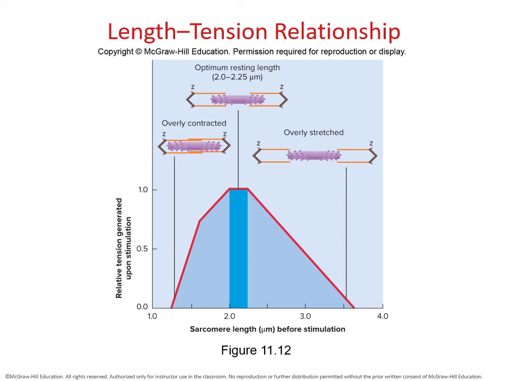To wrap up chapter 11, I want to talk to you about what we call the length-tension relationship. This is concentrated on what we like to call muscle tone. So at a resting location, how much overlap do you have between the thin filament and the thick filament? And the reason you want to study this is because you want to have what we call optimum resting length. And optimum resting length just indicates that at rest, there's going to be a slight amount of overlap between the thin and the thick. I'm going to put a little box around it right here.